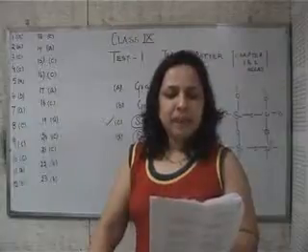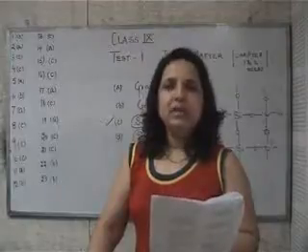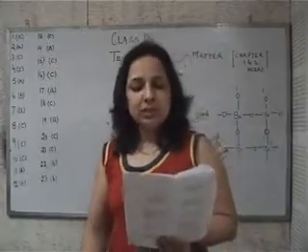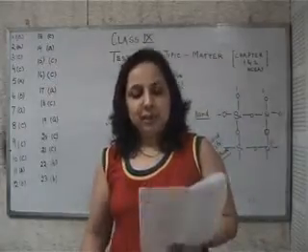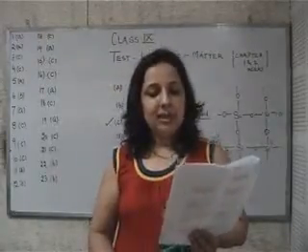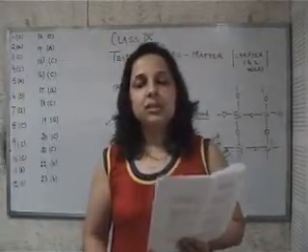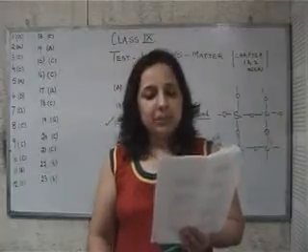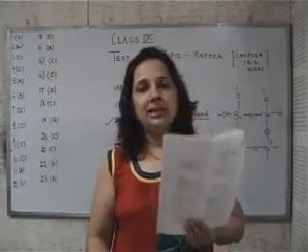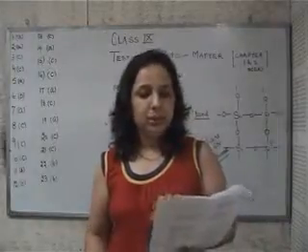Options: A, copper metal is malleable and ductile. The answer cannot be this option because malleability is not needed for wires. B, copper metal is a good conductor of electricity. It's right, but the term wires is not clear from this option. C, copper metal is ductile and has low electrical resistance. Low electrical resistance means good conductance. Thus our option is C, because copper is ductile, we can make wires, and copper can conduct electricity. That means it has low resistance. So we can say option C is the best suitable option here.